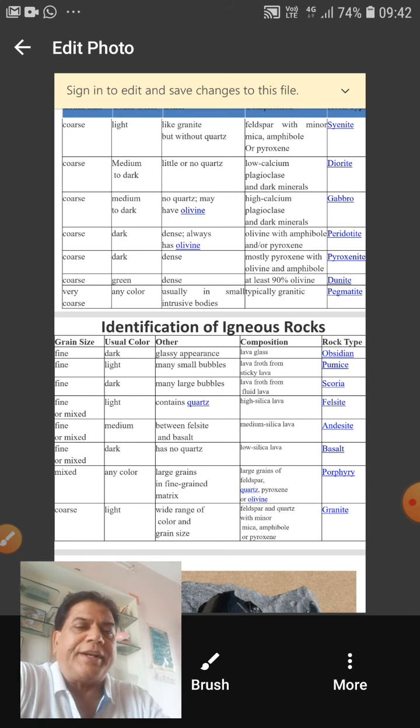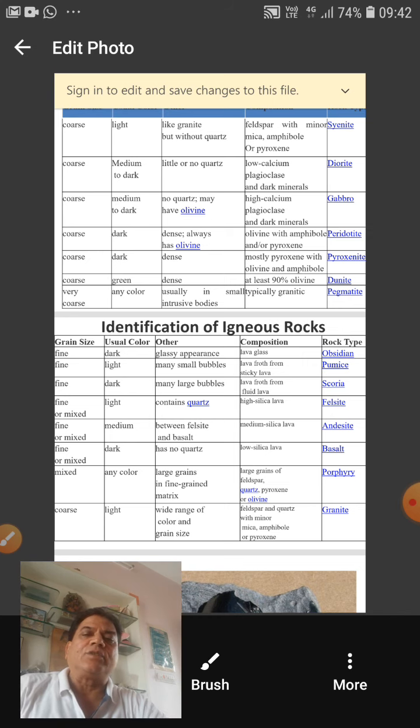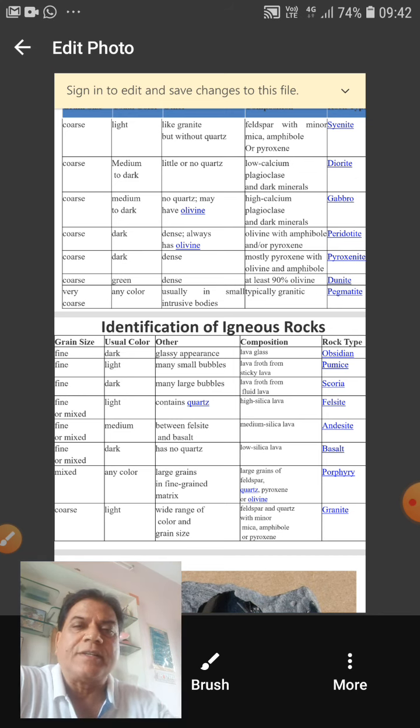So these 5 points are necessary to write the description of a rock in hand specimen. I repeat: color first, texture second, mineral composition third, then the name fourth, and finally the genesis. This should be your habit of describing a rock in hand specimen. Now in my last video we discussed a few basic igneous rocks, that is granite, gabbro, basalt, right?